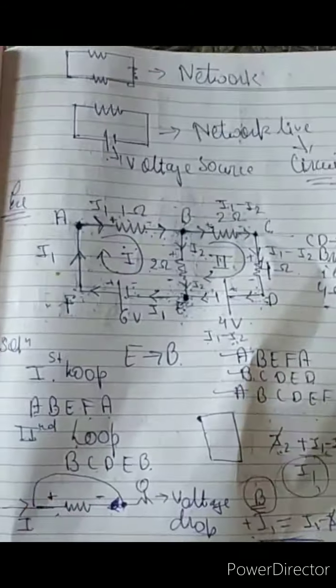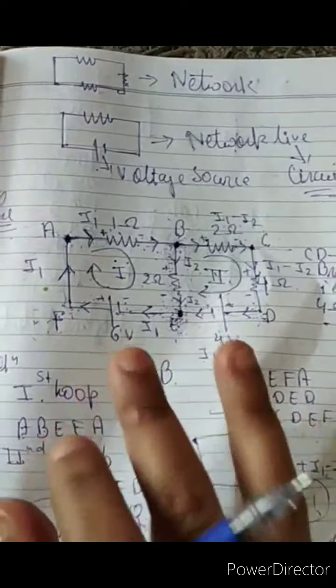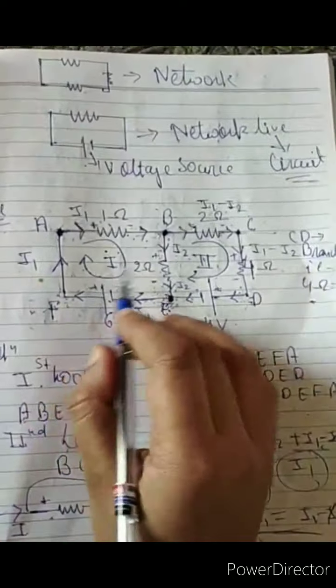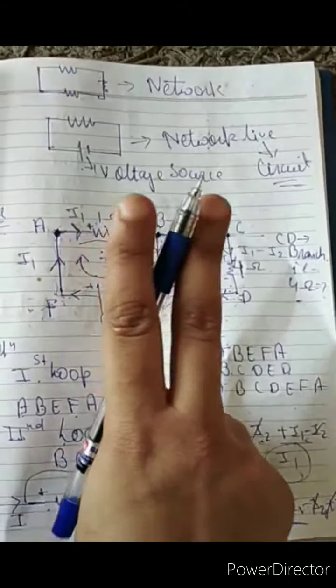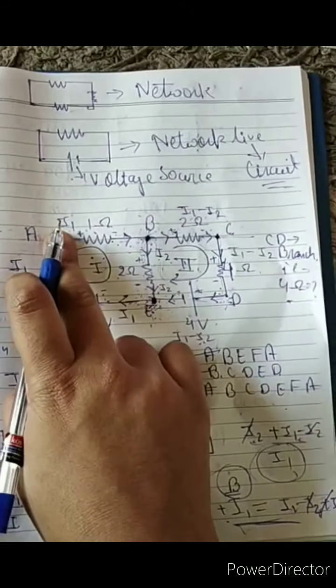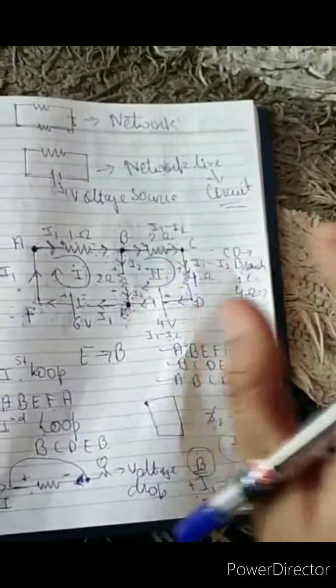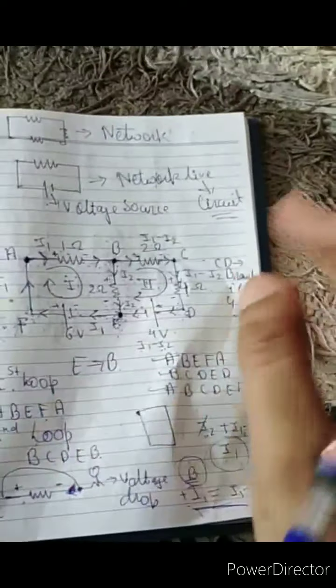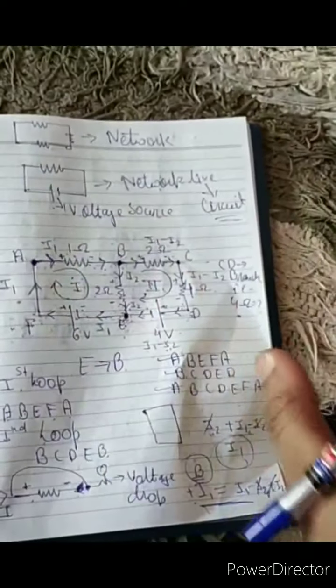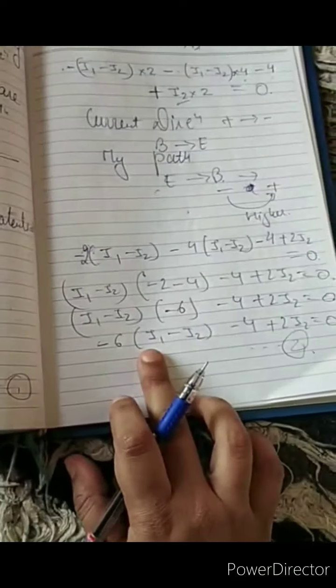Students, one more thing, if you want to notice, this is a 2-loop circuit. So I have just 2 variables, one variable I1 and another variable I2. If you have 3 loops, you will get 3 variables, I1, I2 and I3. If you have 4 loops, you will get 4 variables, I1, I2, I3 and I4. So right now I have 2 loops, 2 variables I1 and I2, and 2 equations, 1 and 2. So we can easily solve it now.